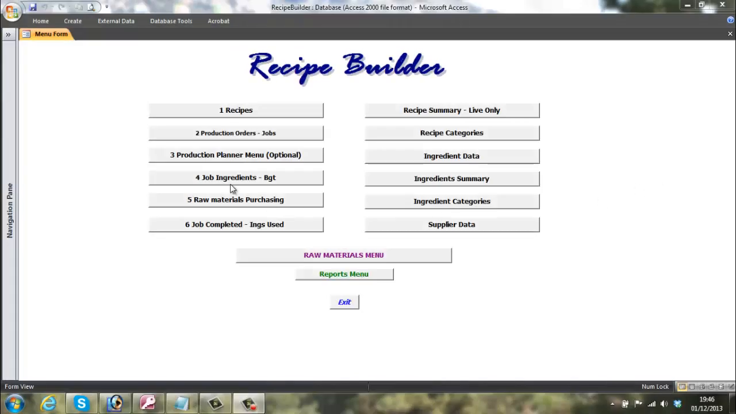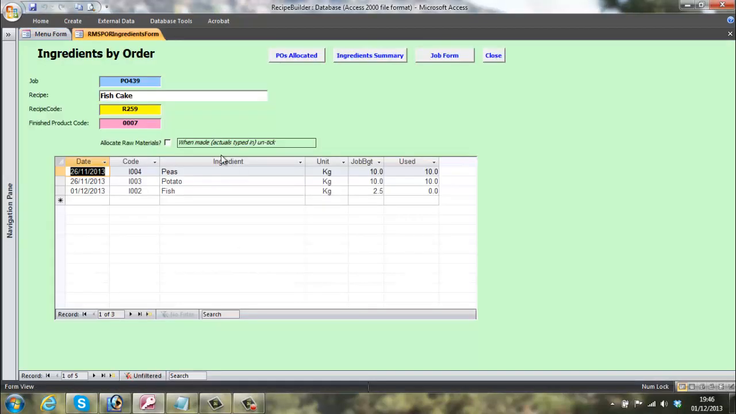Let's have a look now at the next step in the process, which is actually putting in the detailed job ingredients. This is step 4, so this is the button we need to click on here. This just takes us through to a screen called Ingredients by Order. We need to find the order which we're looking for, which is for the new fish cakes, and it's here. We know it's job number 444,